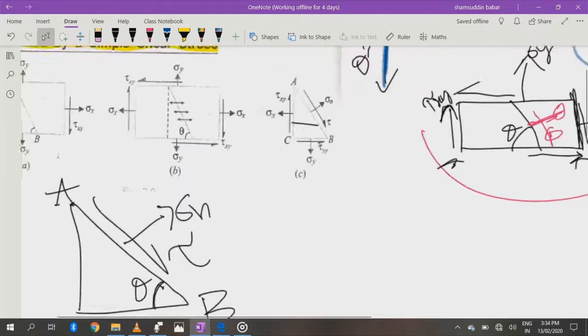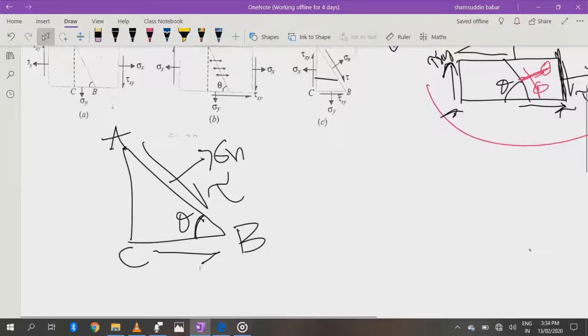Now make it like this. Coming towards this side, I know from the bottom the body is subjected to anti-clockwise shear stress, and in this direction it is clockwise shear stress,